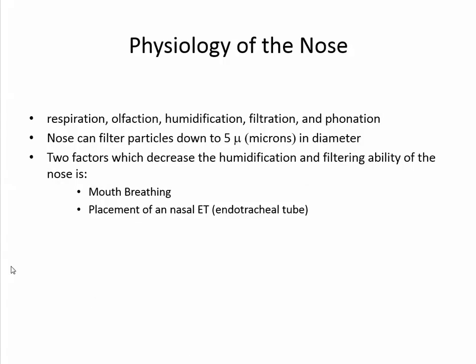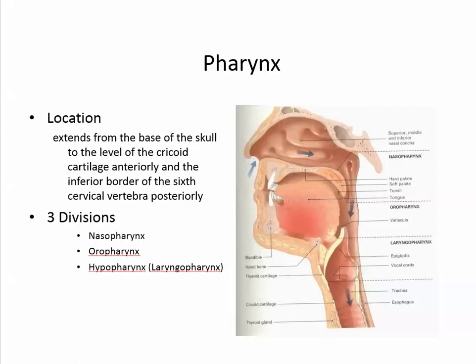The primary functions or the physiology include respiration, olfaction, humidification of the air, filtration, and phonation. The nose has the ability to filter particles down to 5 microns in diameter. And the two factors which decrease the humidification and filtering capability of the nose are mouth breathing and placement of a nasal endotracheal tube. The pharynx is about 12 to 15 centimeters long and extends from the base of the